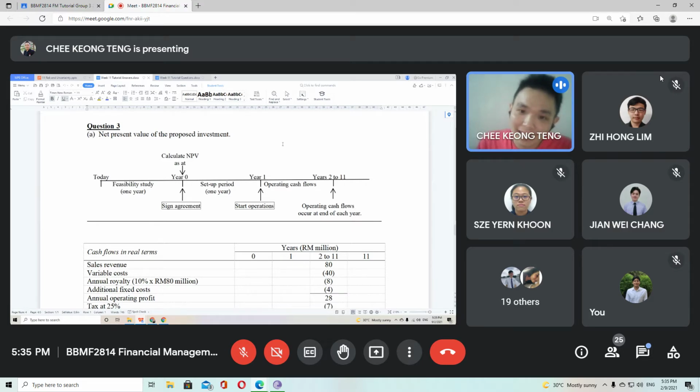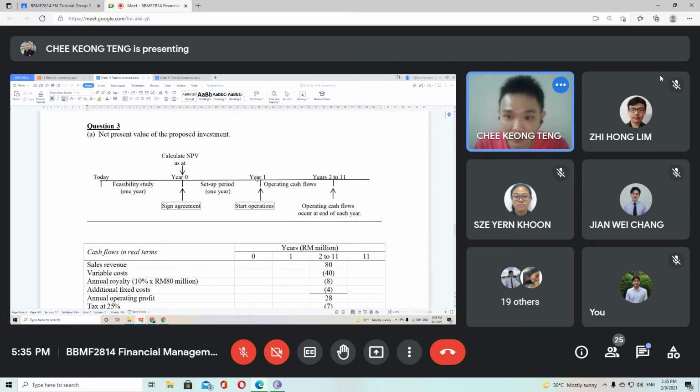But realistically, I think you all know it's not that the plant can be used immediately for the new project or the new technology. So this case says that we need to spend 1 year just to build the new plant, and we call that the setup period of 1 year. So 1 year later you have all the fixed assets completed,